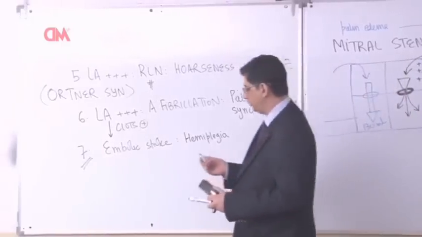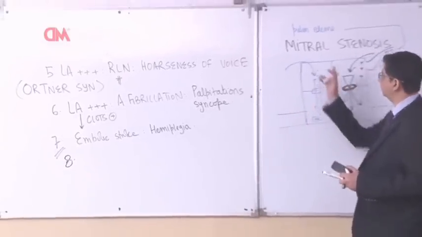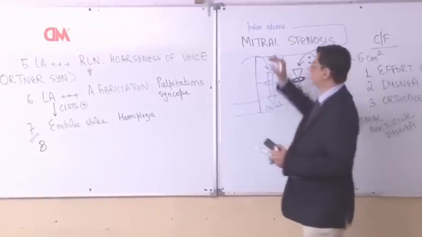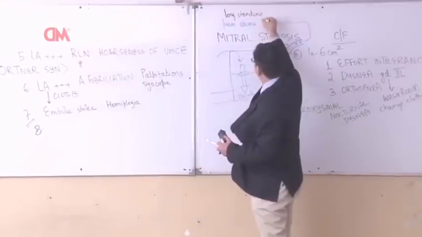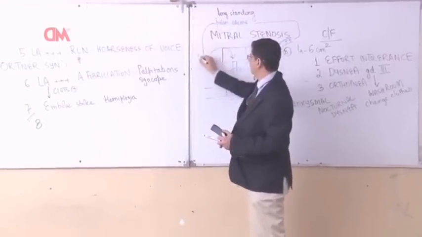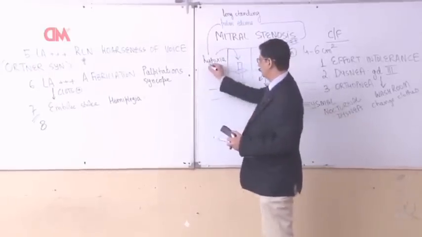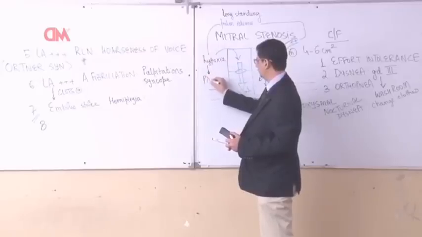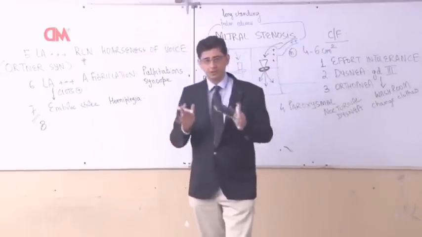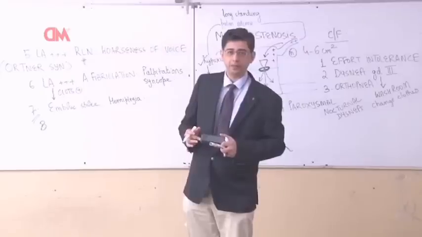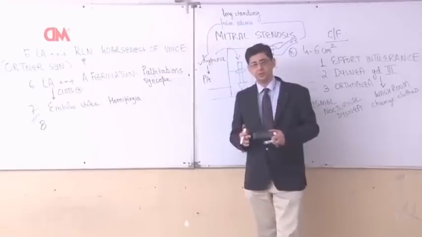The symptoms of these patients in future can worsen because of the fact that if you look at this diagram, you can see there is a pulmonary edema. And this pulmonary edema will most of the time be long-standing pulmonary edema. Because of the long-standing pulmonary edema, there will be development of hypoxia. This hypoxia will then contribute to development of pulmonary artery constriction. From physiology, I can say, hypoxia causes dilation of all blood vessels in the body, except one, the pulmonary artery. The pulmonary artery does not dilate, but rather it constricts in response to hypoxia.